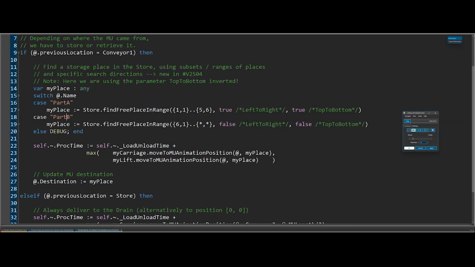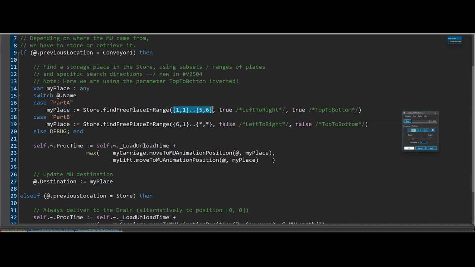But you can see I'm looking from the first until the fifth column for my part A. And for part B, I'm only using the columns 6 through 10 or 12, whatever I have in my store. So I'm not allowing the whole range of the store for part A, and for part B, they have separate storage zones. At least this is my first preferred setting.